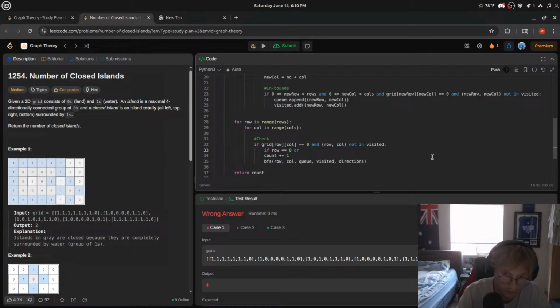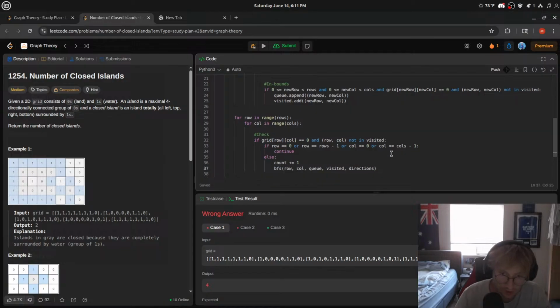If row is equal to 0, or row is equal to rows minus 1, or col is equal to 0, or col is equal to cols minus 1, then we would tab this over. So this is saying that it's an edge case, right? So screw it, I don't even want it. Let's just continue, right? And then we can just do an else here. And this should work. It's kind of a stupid way to do it, but I think that